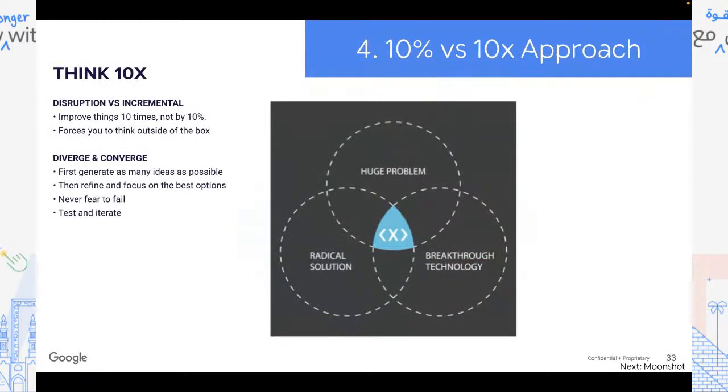Okay, number 4. So we've got a couple left to do. We can skip some of this stuff because it's not that interesting. Right, 10% versus 10x. Who's heard about 10x? This is the design thinking